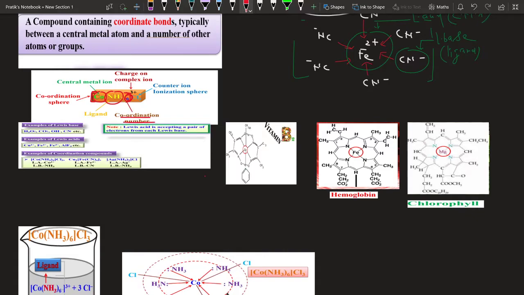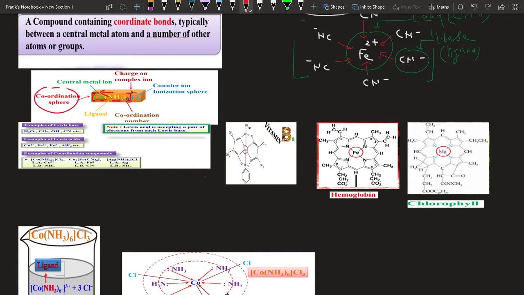indicates the number of coordinate bonds present in the complex, which we refer to as what? Coordination number. If you dissolve this in the water, the part which is enclosed in the bracket will not break in the water, so it indicates what? Non-ionizable part, and this part breaks in the water and ionizes and gives its confirmatory test, so it is the ionizable part or simple part. So this entire term, which consists of metal, ligand, and the coordinate bond between metal and ligand, is referred to as the coordination sphere.